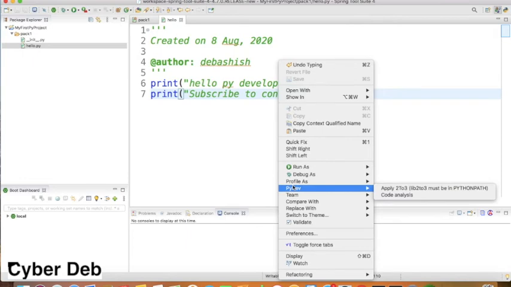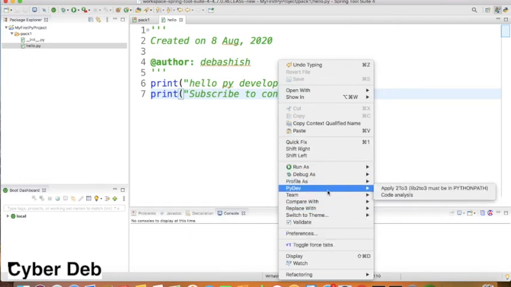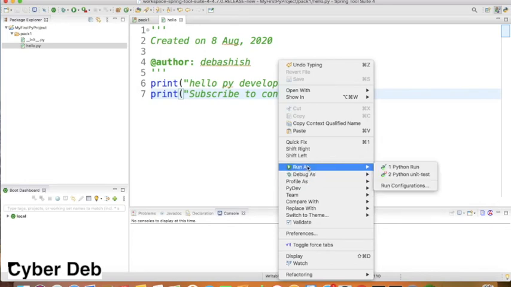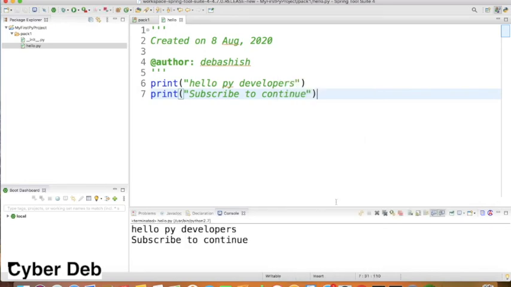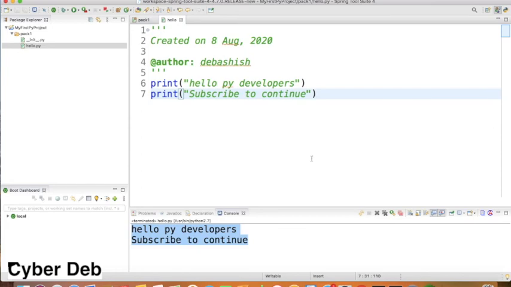Then right click, Run As, Python Run. So here these are the two lines I got in the console window from this first Python project in STS.